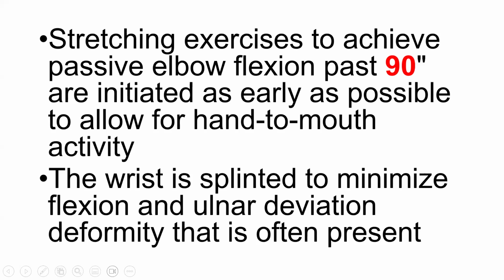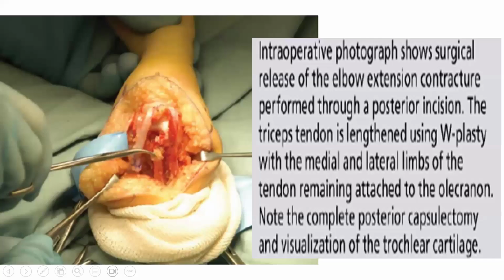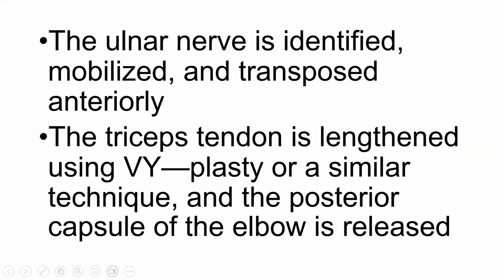The shoulder we spoke about, the elbow. This is working on the elbow, lengthening the triceps through VY-plasty, working on the whole elbow to get some flexion at 90 degrees, but we have to activate it by doing some muscle transfers. The ulnar nerve is identified, we translocate it when we do this procedure. We do a VY lengthening of the triceps. Okay, so you have to keep these in mind. These are procedures we do on this.